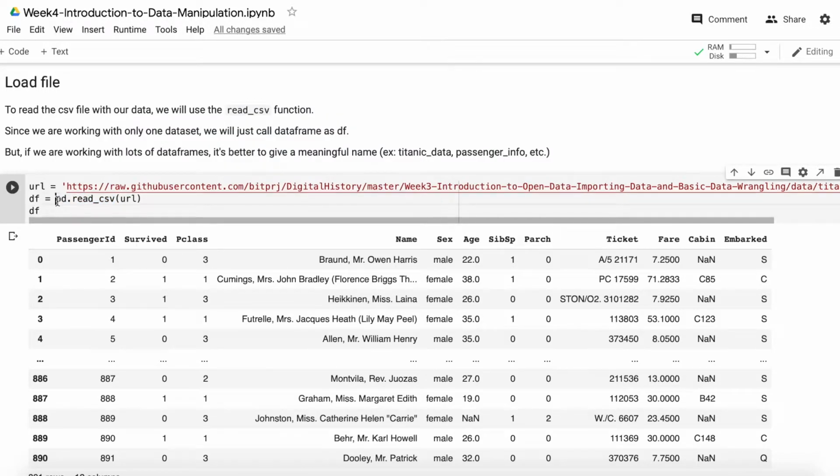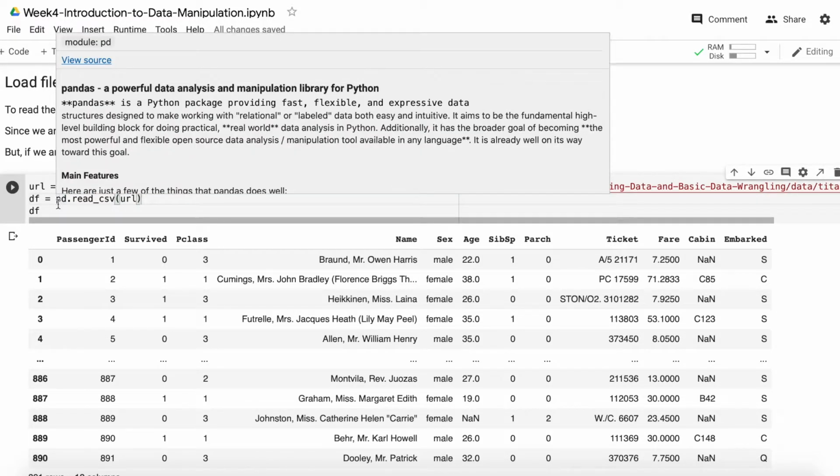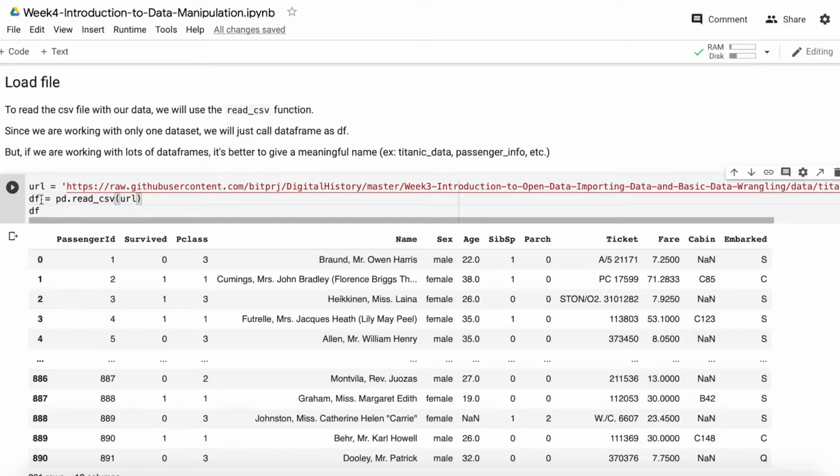And as I said earlier, since we have defined pandas as pd, we call pd.read_csv and we put in the data location. So this is how you can load data frames,